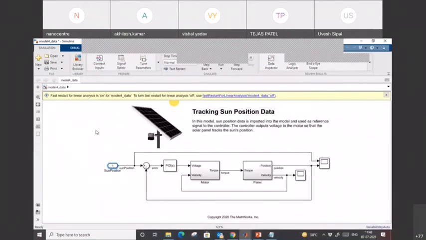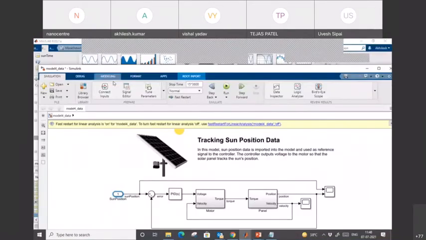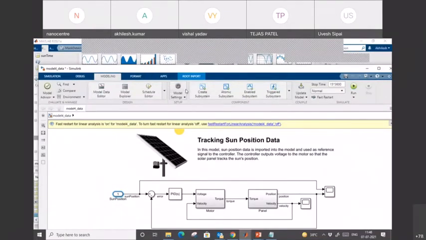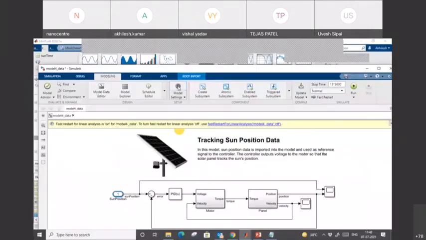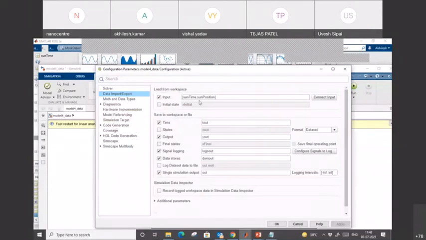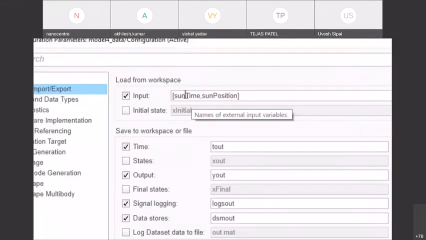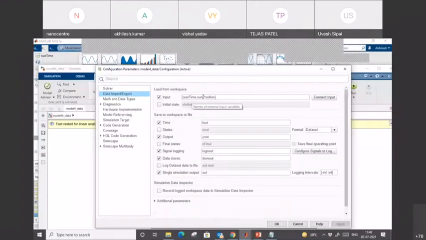So once you have added this input, okay, next you have to go to this wheel kind of tab here. Just click on this, okay, and you see that in data import and export, I take the input and I have provided the sun position with respect to time.